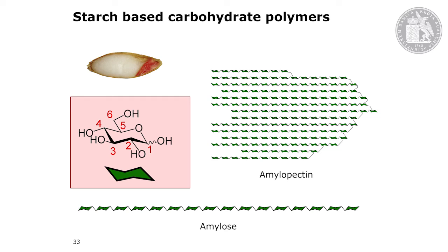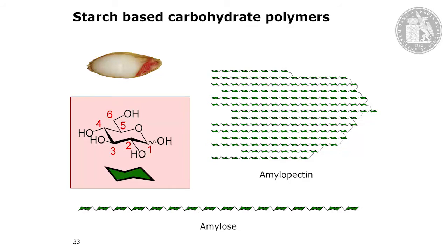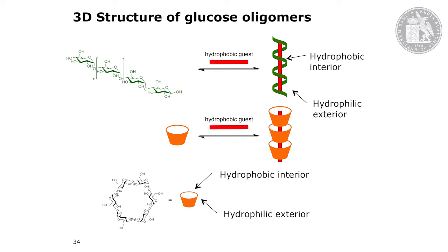And this is basically polymers of glucose. Here's the structure of glucose, and here I represent it as a green hexagon, just for simplicity. So the glucose that we can digest is contained inside polymers, of which there are two different types. There's amylose, which is basically a linear polymer, and amylopectin, which is a branched polymer but has these long branches. And I'm a supramolecular chemist, so I'm interested in how molecules fold up and how they interact with each other. So I got really interested in this when I realized that